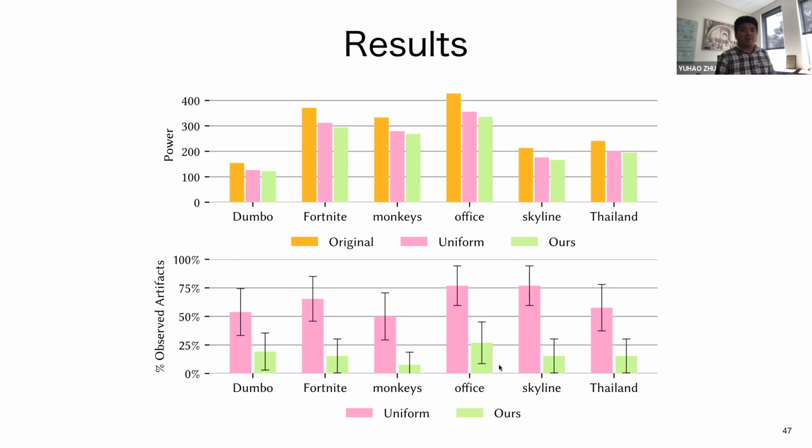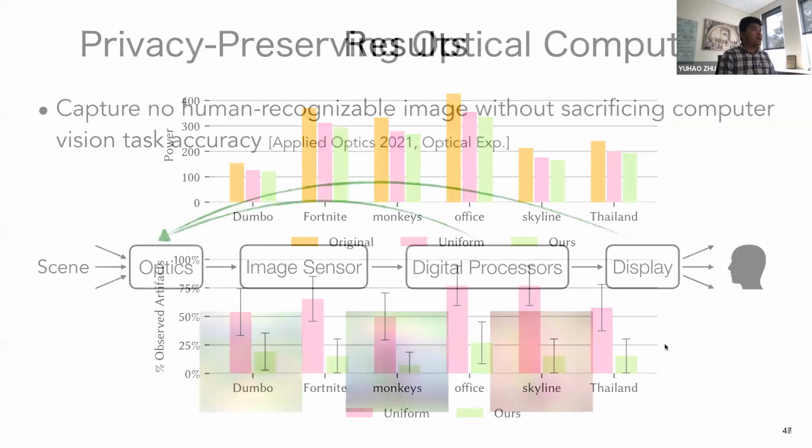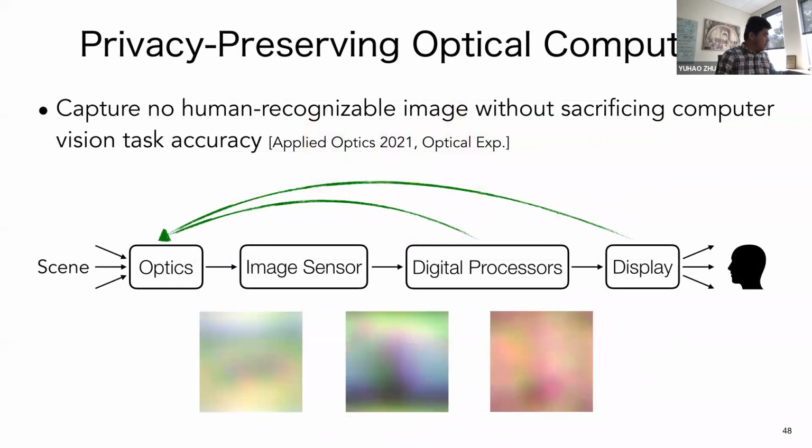It's not 0 because every user is different, and the set of participants we recruited for building the model is different from the set of participants we recruited for evaluation. So I would be lying if I said the green bars here are 0, but the reason they're not 0 is because every user is different. This also shows that we might be able to calibrate our model for each user. But the point is that we can save about, I think, 21% power without affecting the user experience much. All right, so that concludes the second part of the talk.